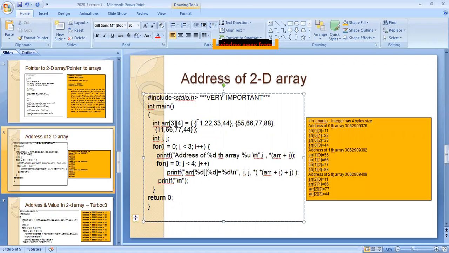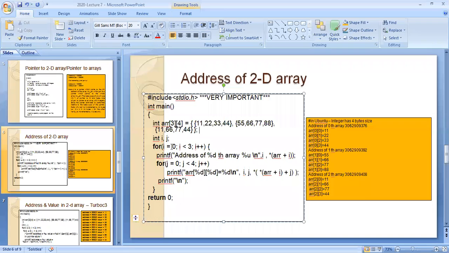So where is 11? 11 is at row 0, column 0. 22 is at row 0, column 1, then row 0, column 2, row 0, column 3. Similarly, row 1, column 0, row 1, column 1, row 1, column 2, row 1, column 3.